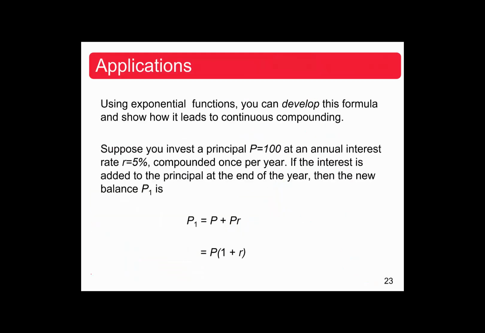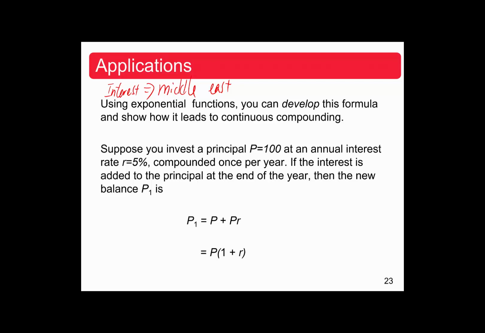And now let's take a look at how the interest concept comes from the Middle East about 2,000 years ago. Okay. So using exponential functions, you can develop a formula to show continuous compounding. Suppose you invest a principal P equal to 100 at an annual interest rate of 5%, R equal to 5%,